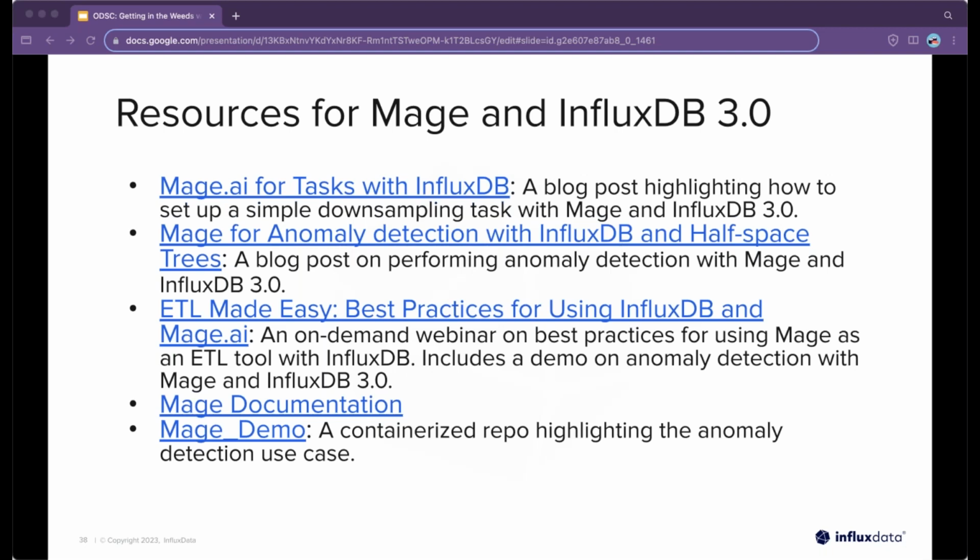So with this one, I would just suggest grabbing a screenshot. Obviously these are all hyperlinked, but unfortunately I didn't get the chance to put QR codes into this. But basically what I would do is just look up these blog titles, that's how you can find these again. For example, we have a blog that highlights how to set up a simple downsampling